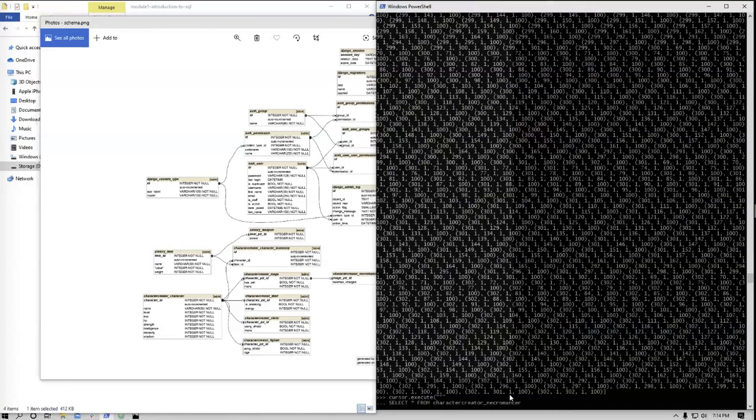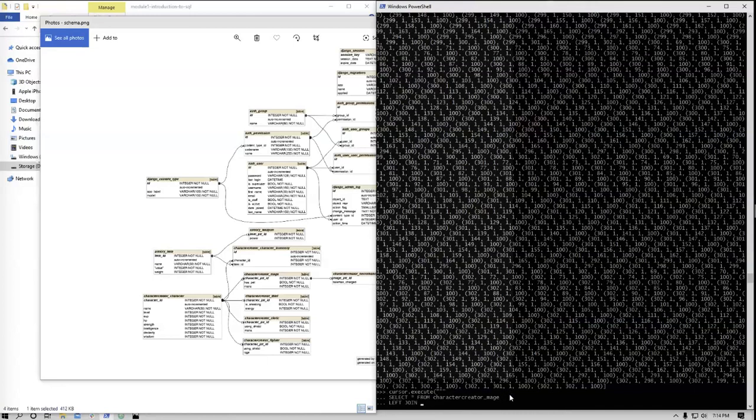Okay, so select all from character creator necromancer, and I really don't know if that's even right. We should do mage. Where character pointer ID equals... Yeah, actually, I think character mage. Alias that as CN. Oh, never mind, too late, it's already done.